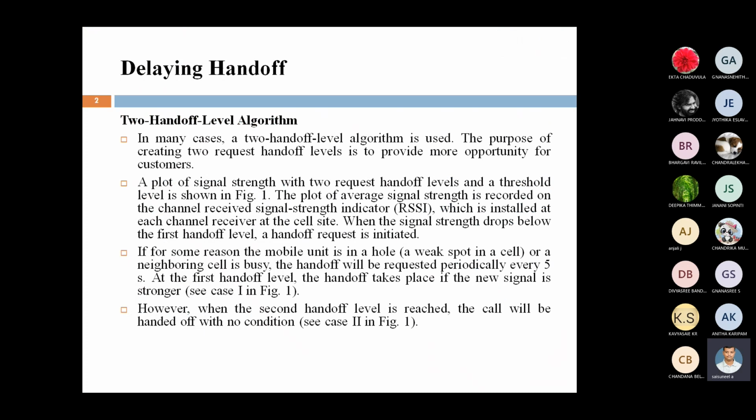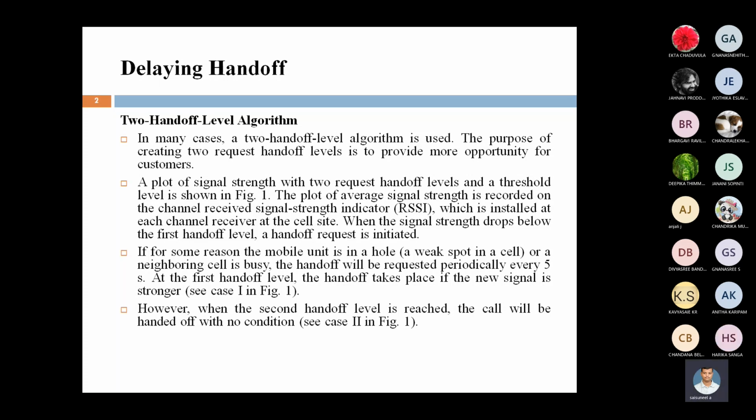Today we discuss the different types of handoff techniques which are used in real-time cellular mobile communication applications. The first type of handoff is delaying handoff. Delaying handoff is where, once a handoff is raised, the handoff is not allowed by the MSC or MTSO. Then, after the mobile moves some distance, the handoff is raised again. That is, instead of the handoff being allocated in the first place, it is allocated at a different place later. That is how we covered delaying handoff.